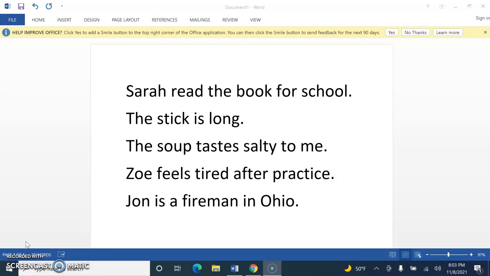And the last sentence, their waitress was a fan of football. Again, we know that was is a linking verb, so we are looking for a word that goes back to describe or rename waitress, and that word is fan. So you should have waitress in the subject, was in the verb, and fan as a predicate noun, and again, make sure that line is